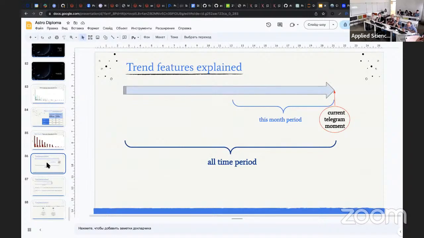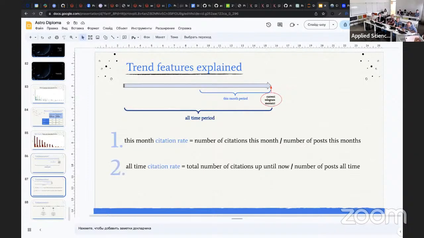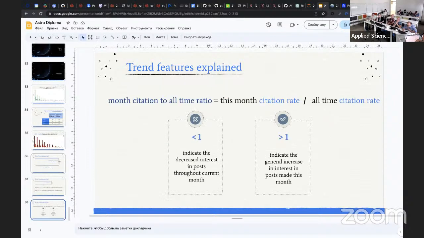At the moment when the current Telegram post appears, we can calculate the citation rate for the month, and then we can calculate the all-time citation rate. If we divide the month citation rate by the all-time citation rate, we get a ratio. If the ratio is below 1, it means that this month is relatively more active and more popular. It's like a time series, as a feature.